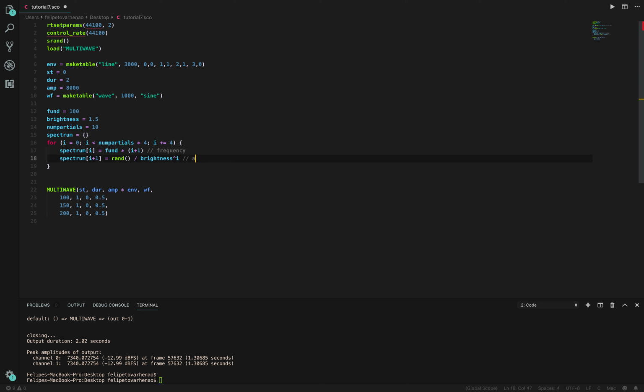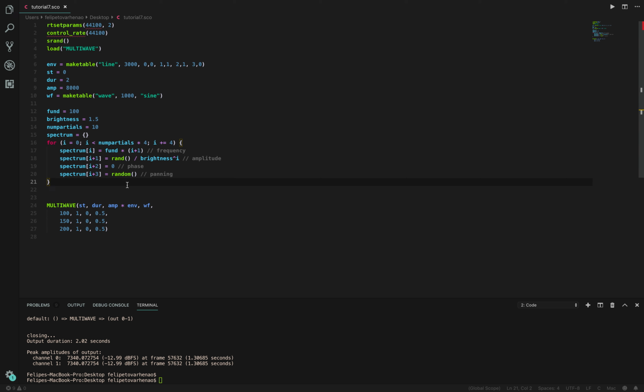So we have the amplitude, then we have spectrum. The i plus 2 element of spectrum will be 0 because it's phase, and we don't care about the phase right now. And lastly, we have the i plus 3 element of spectrum will be a random number between 0 and 1 for panning. I forgot to say here that this is the phase